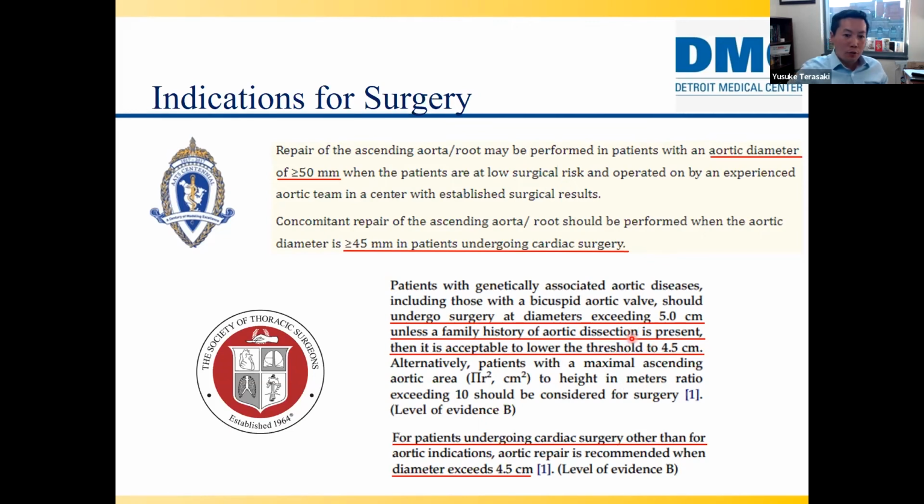So they actually recommend measuring the height and